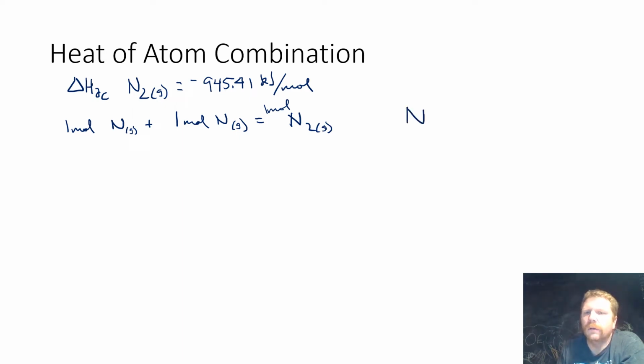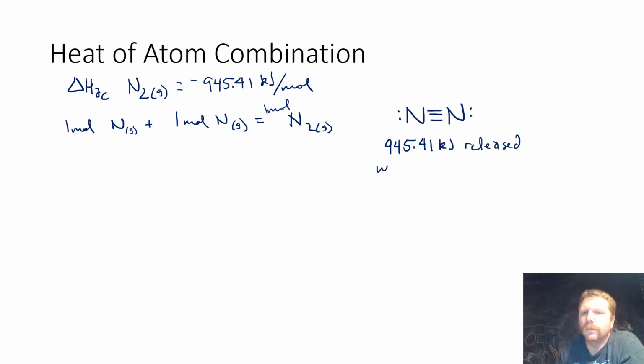Well, N2 is a molecule that has a triple bond between it, and each nitrogen atom has a lone pair of electrons. Okay, so that Lewis structure checks out. If you want to go through the process of doing that, go for it. Now, what this means is that 945.41 kilojoules of energy was released